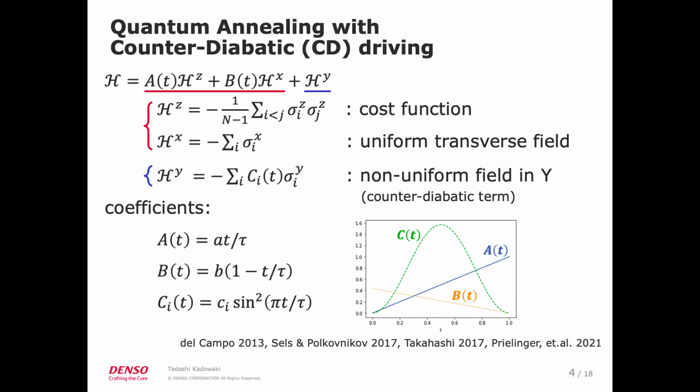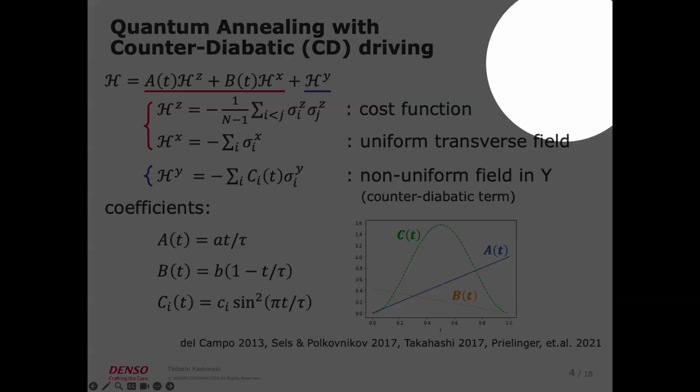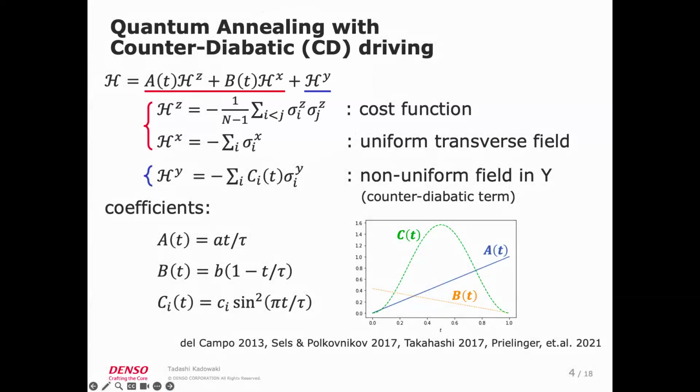And what counter-diabatic driving is: we add an extra term, here the HY. There are many approaches, but in this case this is a non-uniform field in Y, and we have the scheduling of three terms: the cost function, the transverse field, and the Y field. So, combining those two components,